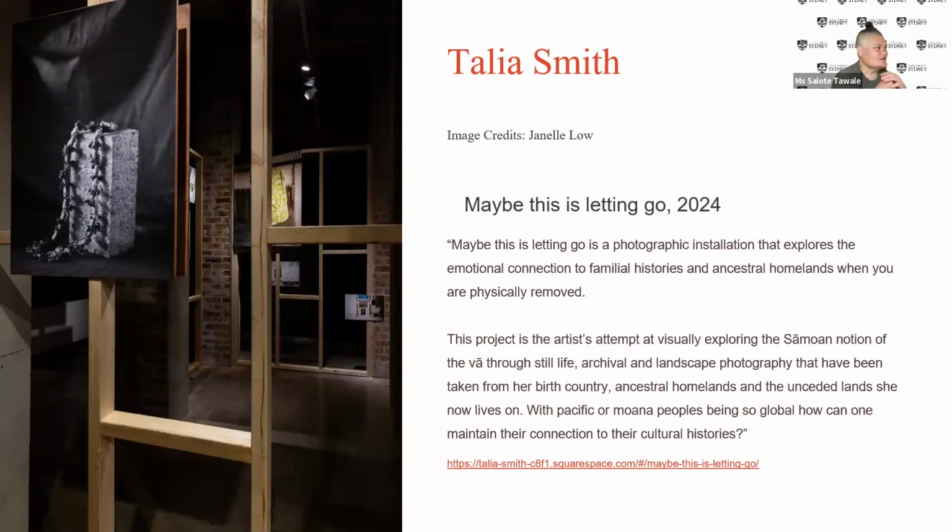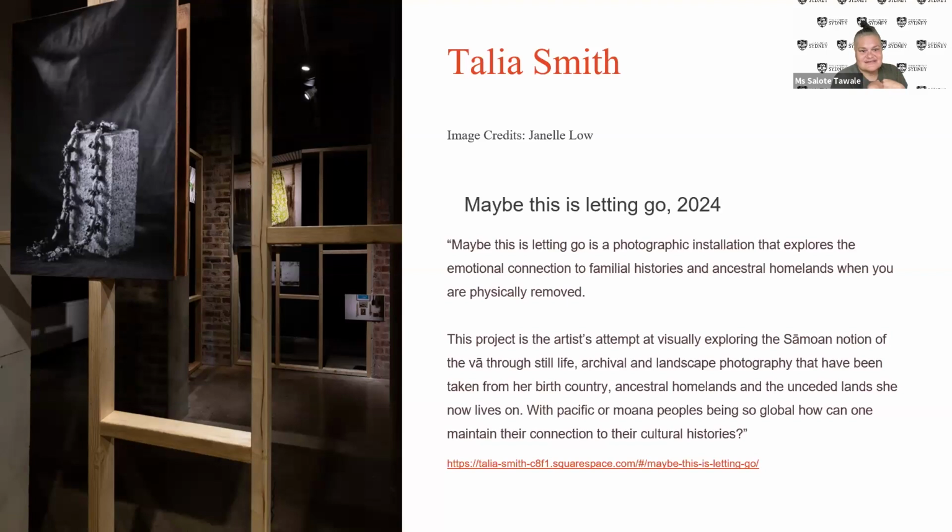And so on the left here is this photograph, and as you can see, it's almost like the walls are stripped bare in a room, and we only have the framing of that room. So she's attached her photographic works to the frames, and so then it becomes this architectural space that is a gallery but isn't quite a gallery. And then the imagery is still life. So she's got a brick there, and what looks like a lei would be the best way to say it,